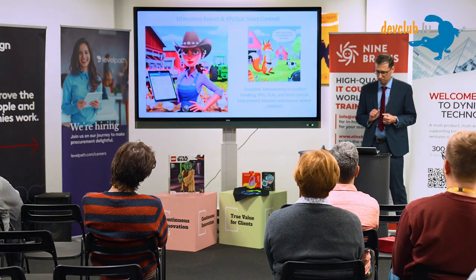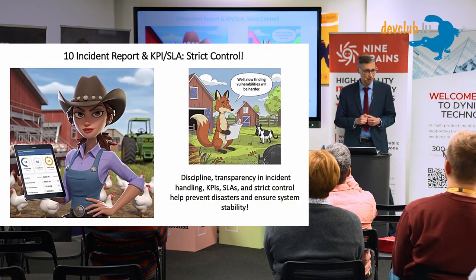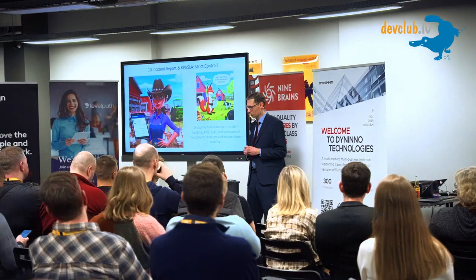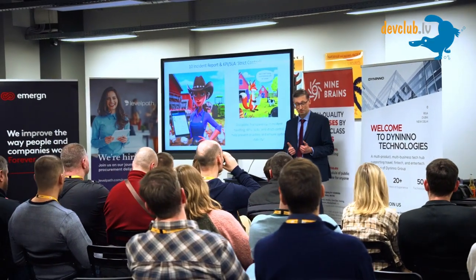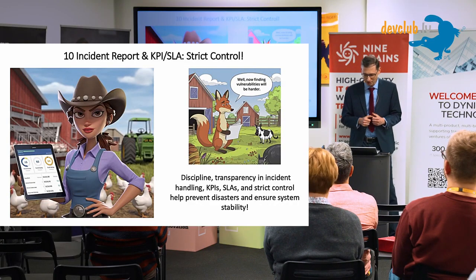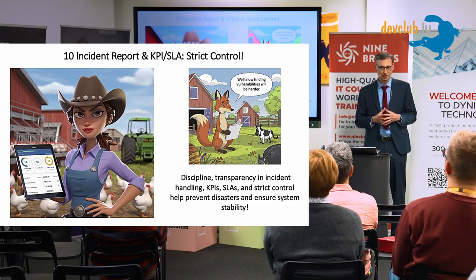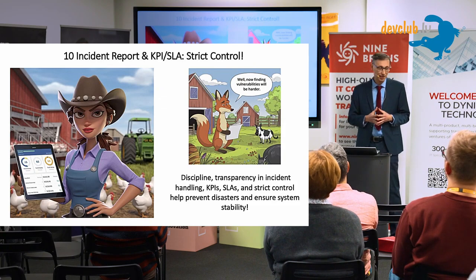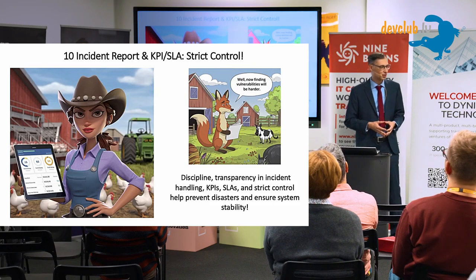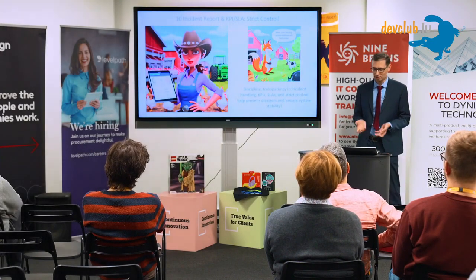So what did Jennifer decide to do? Jennifer introduced strict incident tracking. Every problem is now recorded in the logbook, and daily reports are mandatory. She also tracks egg production on a tablet and sees what's happening every day, every hour, and so on. Yes, the assistant is not happy, saying why do we need so much paperwork.